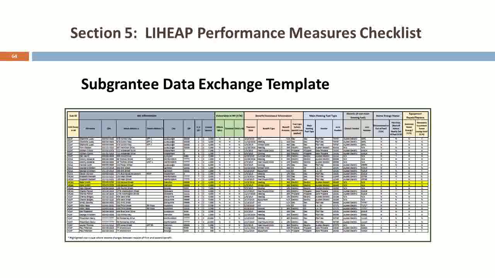The other thing is that you may customize this for your weatherization versus energy assistance. In Arizona, the only people that do equipment repair and replacement is their weatherization team. So they took those columns off when it came time to give it to their energy assistance providers, right? You don't need all the columns for your energy assistance providers. They were also able to take columns off for their weatherization providers. So you can cut this different ways, but these are the data elements you need, and we've had a lot of people ask us for this. So take a look at it, and then we can help you parse out how you might want to cut this up.